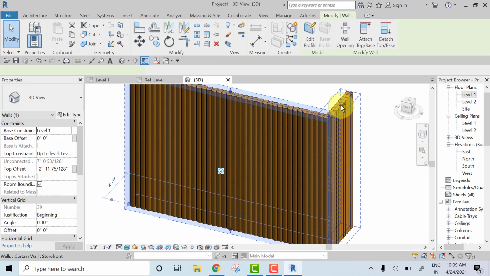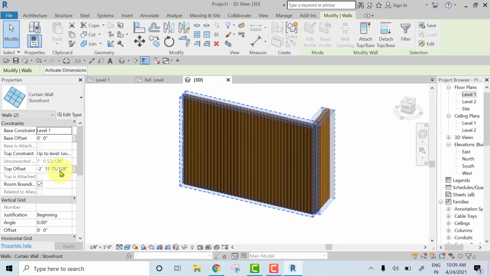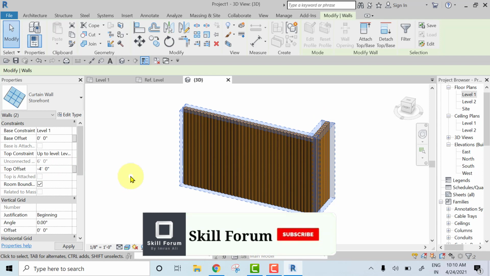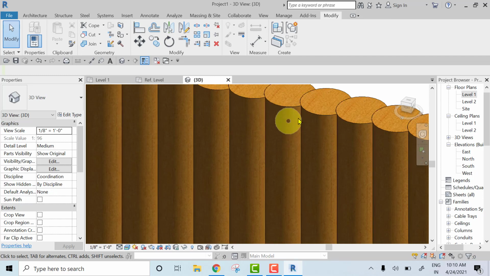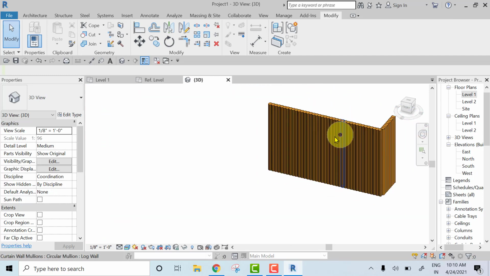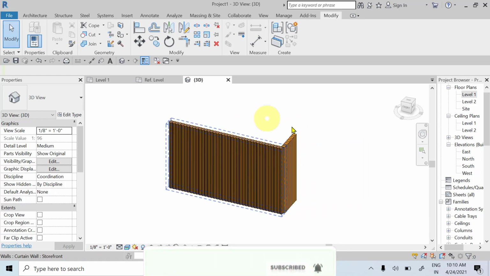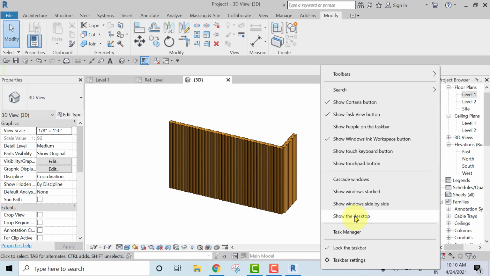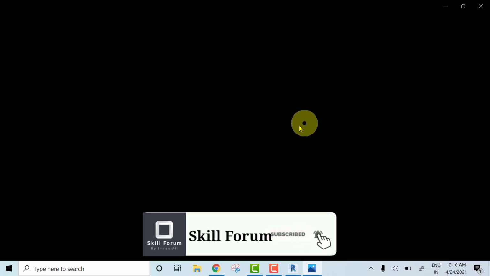So what you can do, you just select both the walls and give the height, the top of it should be this, you can give -4. So this is how you can create a round log wall. See here we have this default material. Suppose if you want to assign the log wall whatever we have in the thumbnail, if you want to assign the property, you need to download the texture. See, already I have downloaded the log texture here, so you can observe the log texture. So this texture I am going to assign as a material property.